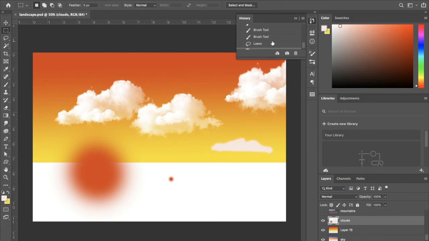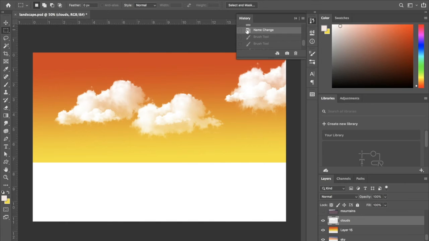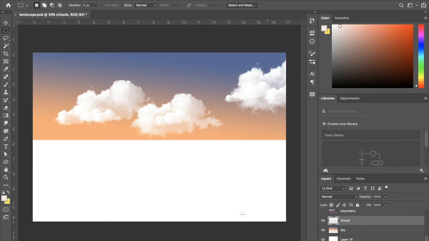So if I want to go back in history to before I screwed this up, I can do that. And so now I just clicked on before I did all the brush stuff to where it says name change. So that layer is still called cloud, but I don't have all those things I don't want. It's a way better and an easier way. It just makes sense in my brain as opposed to just like randomly trying to undo all the stuff I just did. So I'm going to now have my gradient sky and my clouds and turn on the next layer,